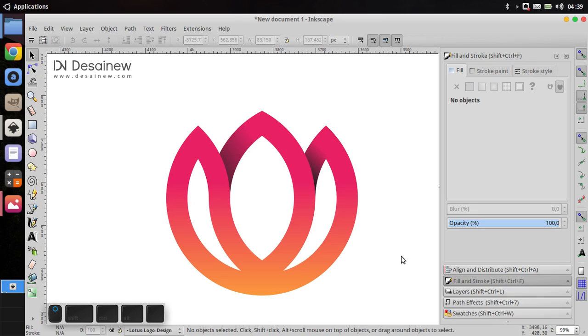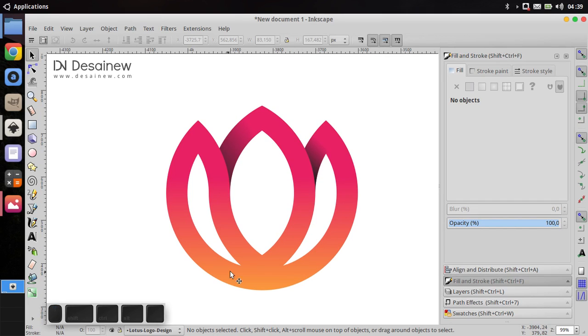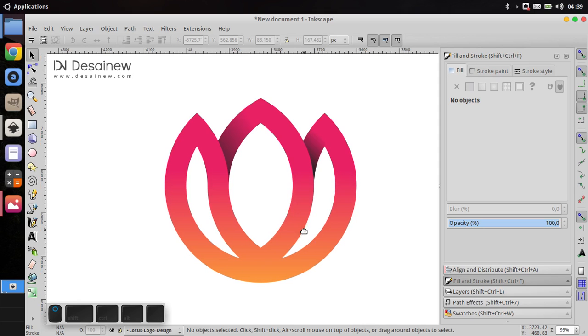Okay, finally we have a meta symbol logo Lotus Station with circular grid in Inkscape.